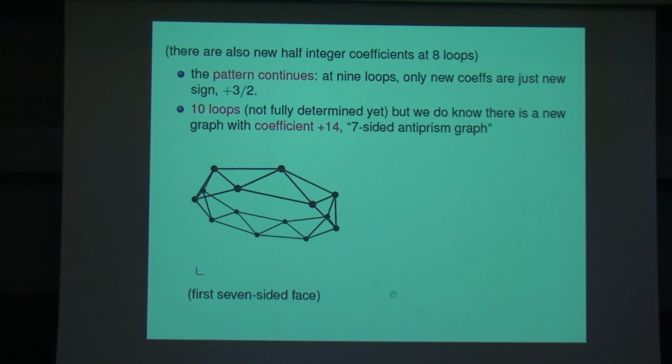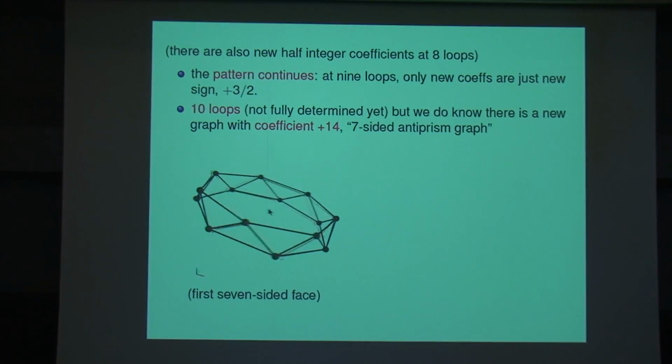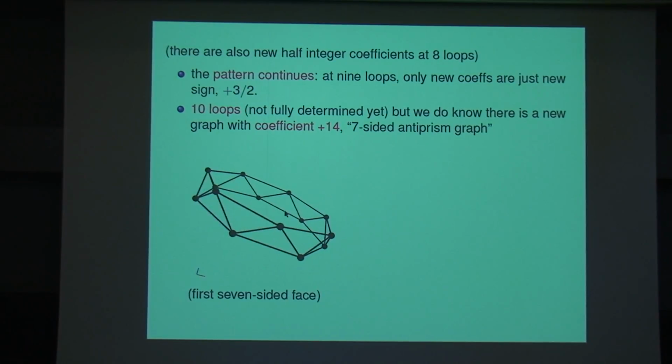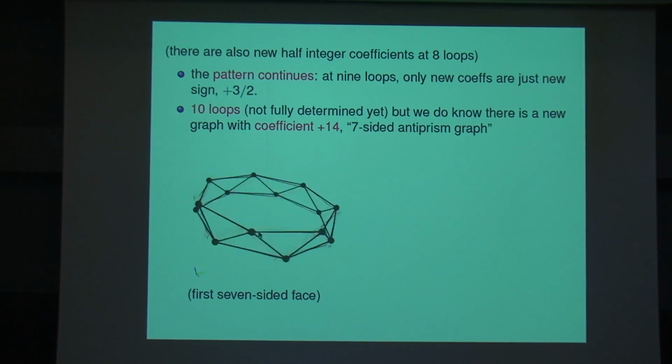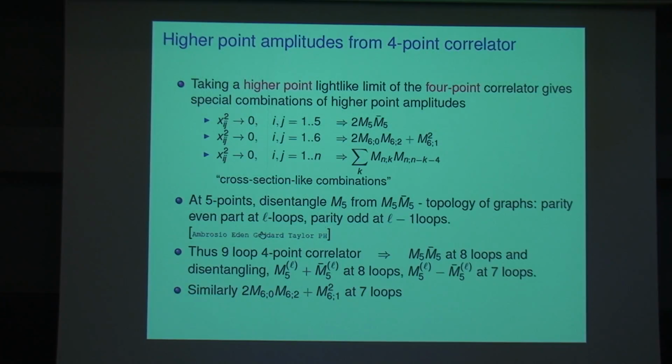So at 10 loops, as I said, we've got the equations, we haven't fixed all of them yet, but nevertheless you can see some features, and again this pattern seems to be continuing. So there's a new coefficient of plus 14, and it's given by this 7-sided version of the antiprism. That's at 10 loops. Okay, thank you. I'm nearly there. Okay, so